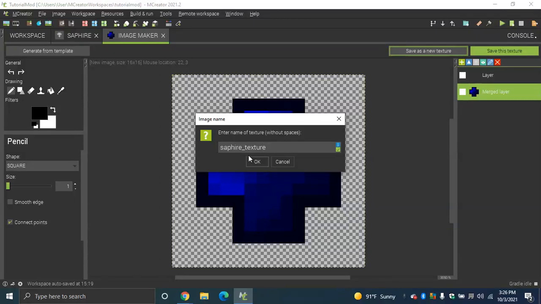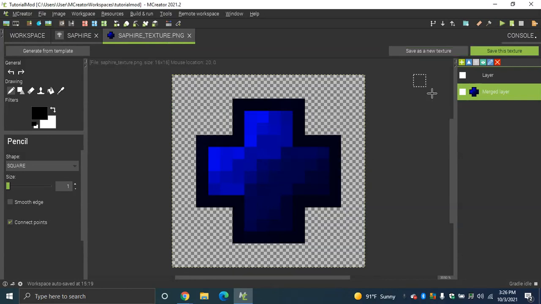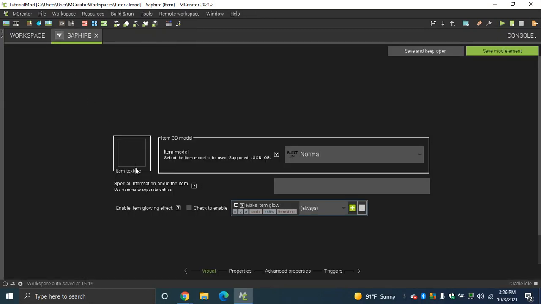I usually like to have underscore texture at the end. It just makes it more obvious that it's a texture in case you forgot. Now, I usually like to save it afterwards, but you don't need to do that. Now we're going to close out of this, and now in our sapphire, by the way, one thing I should